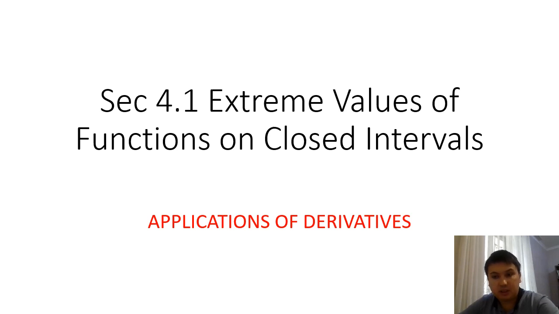The second one was interpreting the derivative as a rate of change. With this idea, for example, we could find the speed, right? The velocity of a moving particle. And the second derivative would give us acceleration, etc. So now in section 4.1, we want to discuss